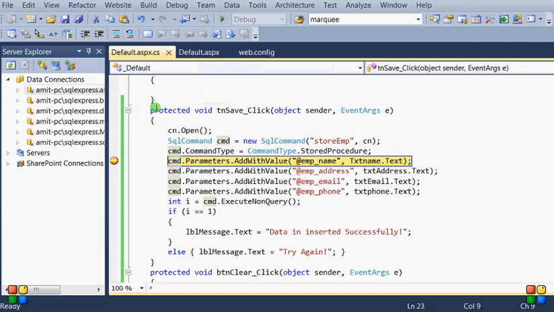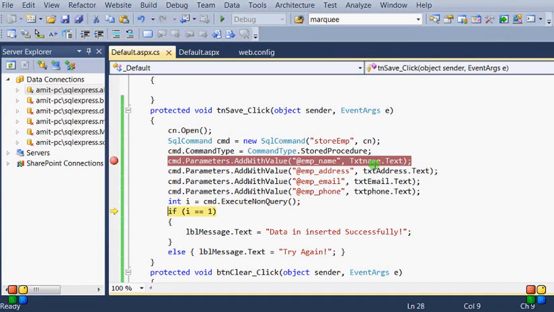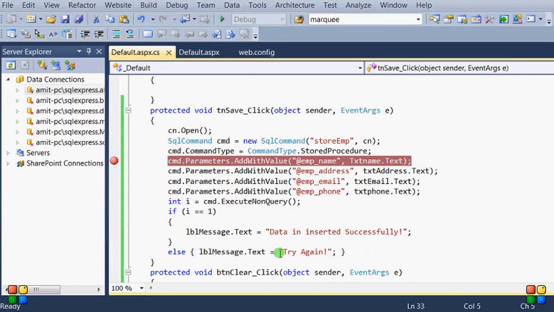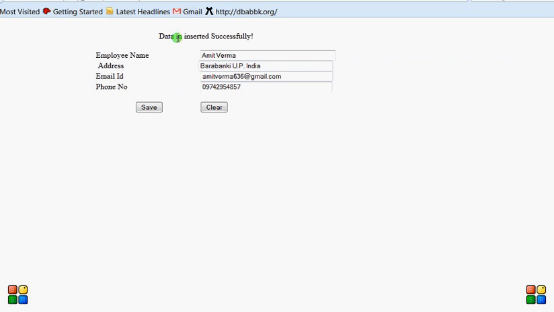Just use the save button. So we are here for checking all the values. Now we are getting 1, so here the record is inserted. We are getting i equal to 1, the label is true, data is inserted. So all the things are going successfully. We are getting the result, data is inserted successfully. So now just use our clear button. The method shows enter employee details again. So all the things are working.